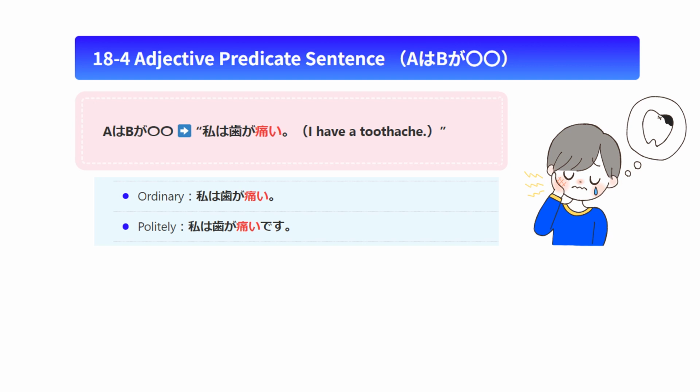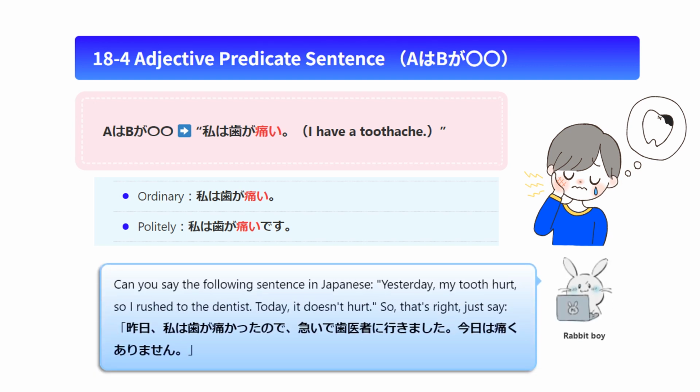Okay. Now, I would like to introduce my good student. Come on, Rabbit Boy. Hello, everybody. I'm Rabbit Boy. I would like to ask you a question. Can you say the following sentence in Japanese? Yesterday, my tooth hurt, so I rushed to the dentist. Today, it doesn't hurt. Now, you will try to say, 昨日、私は歯が痛かったので、急いで歯医者に行きました。今日は痛くありません。